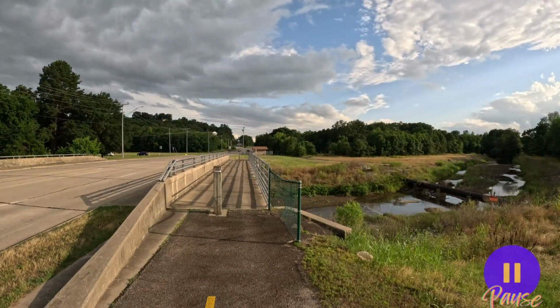This bridge is an example of a piece of infrastructure that was designed to keep cyclists at a high priority. And I say that because of this concrete bib to the left of the cycleway. If you look at it, it's separating the cycle lane from the roadway, which that's obvious. But if you think about it, that concrete bib is really there to protect the cars from going into the